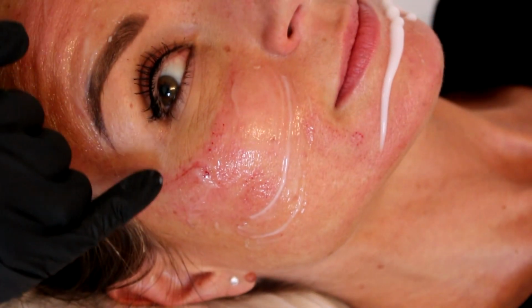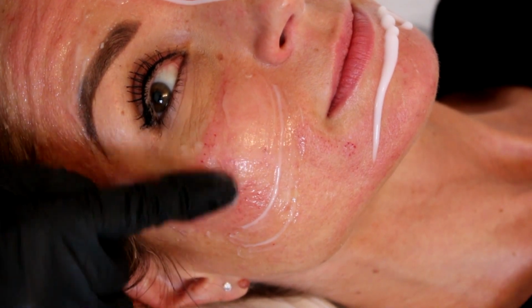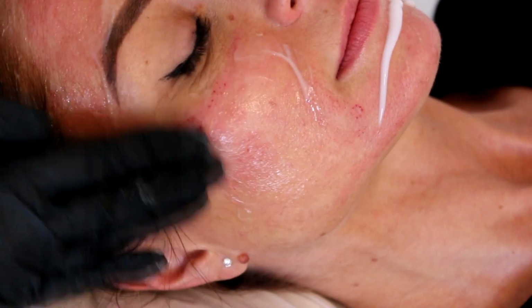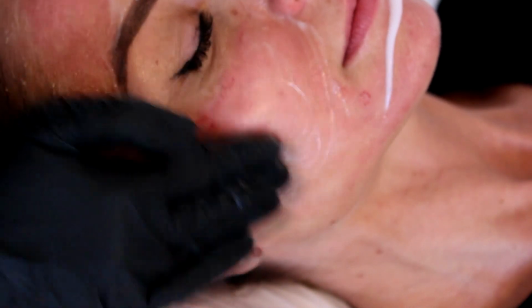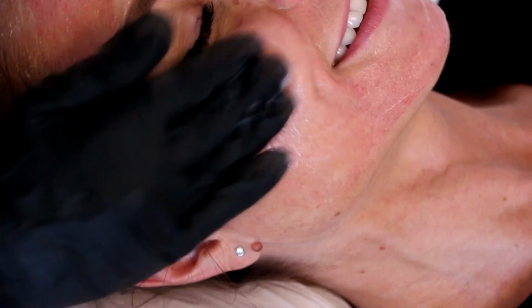Here, if you can zoom in, as you can see, the body's natural reaction has formed clots very, very quickly. Mm-hmm. So I'm just going to use the Sensicure cream to massage and rub all into the deep channels. Obviously we've applied the hyaluronic acid serum as well, which will hopefully penetrate into the pores and plump up and rejuvenate. Is it okay? It's a little bit sore, but...